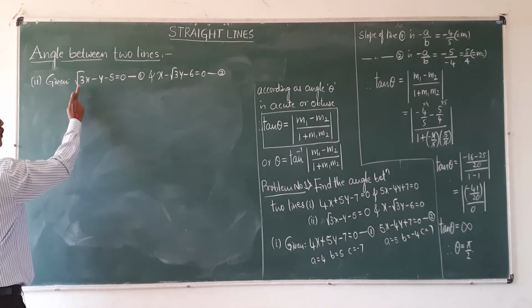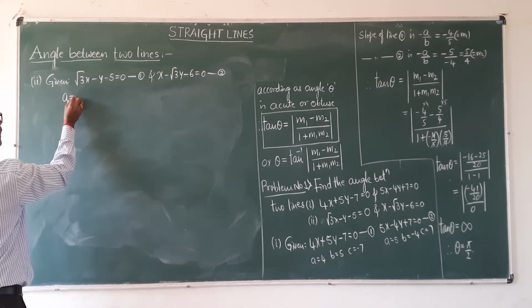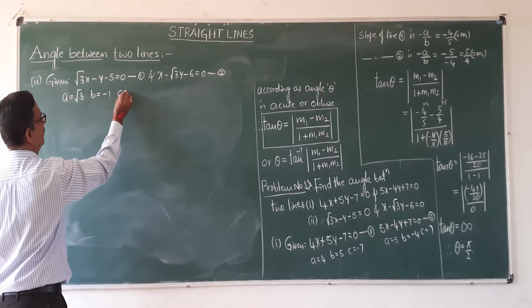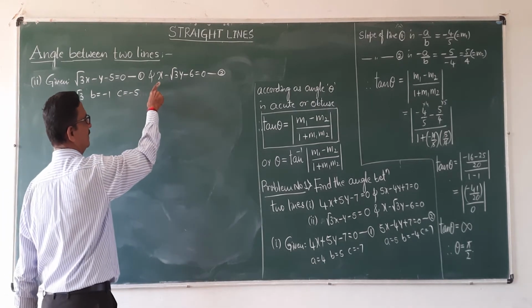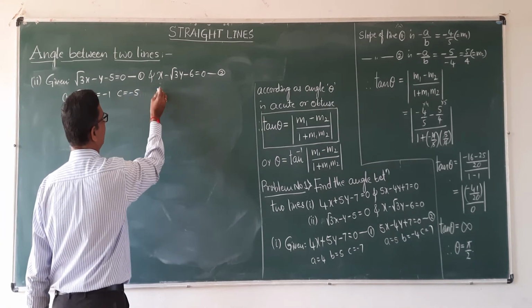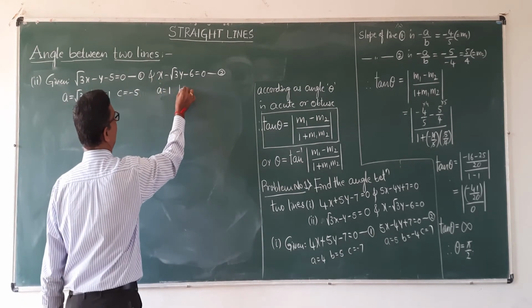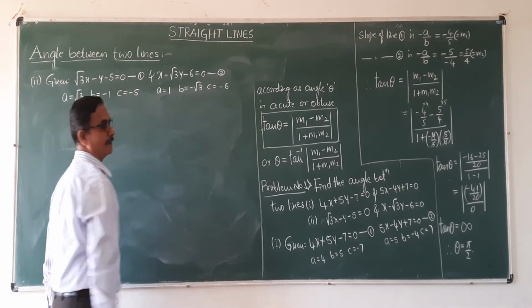Clearly it is in the form ax plus by plus c. Here a value root 3, b value minus 1, c value minus 5. Whereas second equation it is in the form ax plus by plus c. Here a value, coefficient of x, is 1, b value, coefficient of y, minus root 3, c value minus 6,